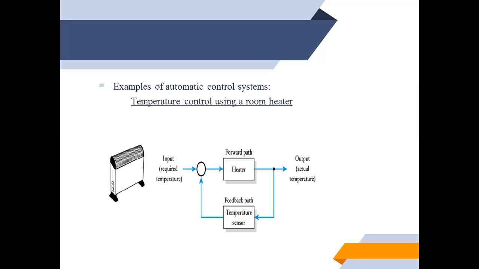In the feedback we have a temperature sensor, in order to sense the current temperature of the room. Suppose we started with 16 degrees Celsius. Whenever your heater is on, after 2 or 3 minutes, the sensor will take the actual temperature, say 18 degrees Celsius, and it will feed back that actual temperature to compare with your required temperature, that is 22 degrees Celsius. So the difference between 18 and 22 is 6 degrees Celsius. That 6 degrees Celsius will be your actuating signal or error signal that is fed back to the controller.